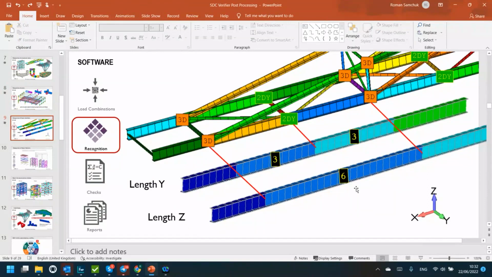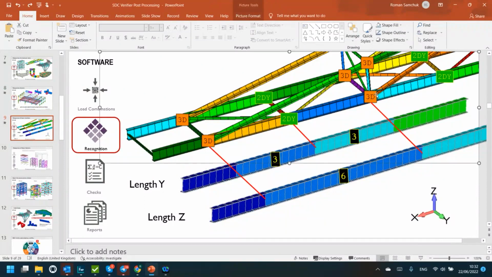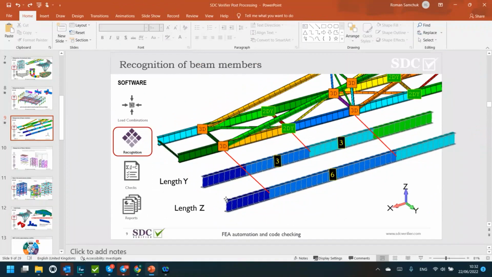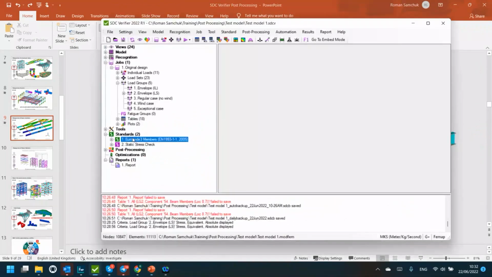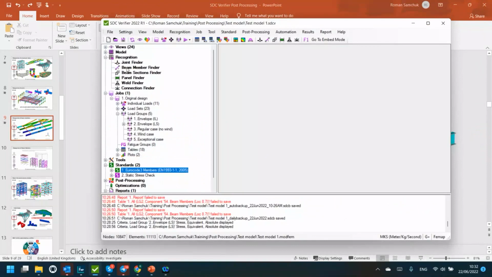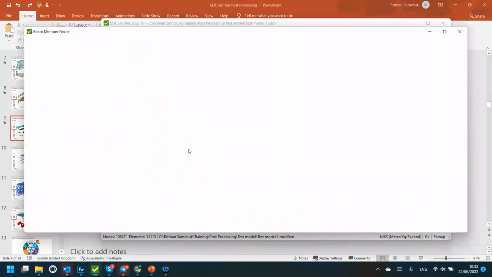So if I have it in global Y direction, perpendicular to my member, it is split into two different sub-members, and your buckling length is half as much. Well, in major direction, it is bigger, because the stiffness in this direction is determined by those two 3D joints. So it is extremely important for the buckling check, and these things can be done automatically with the help of SDC Verifier. So if I go to the beam member finder,